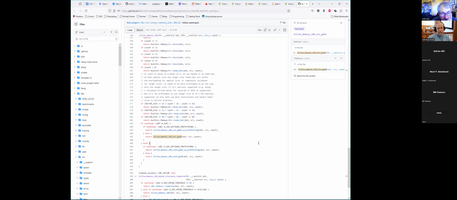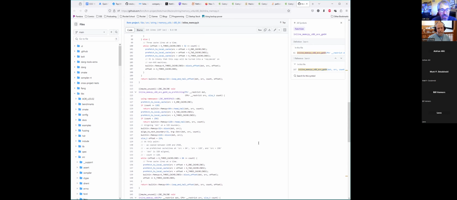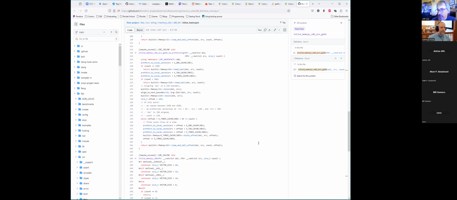You can scroll up for the definitions of these. I think that's fine. If the theory is they're big, then I don't care to inline them because that's not where the overhead goes. The win on inlining is all the crappy tests like if count 0, 1, 2, 3. So as soon as they're big, I don't need to inline it. It says inline memcopy, but you already got here because you're big. Now he says it's not that big. If it's 128 or less, maybe I would inline. Somewhere around 256 or whatever, I'm going to inline. It's a clock cycle to inline or not, because you're not getting any more folding. You still have to do all the work.